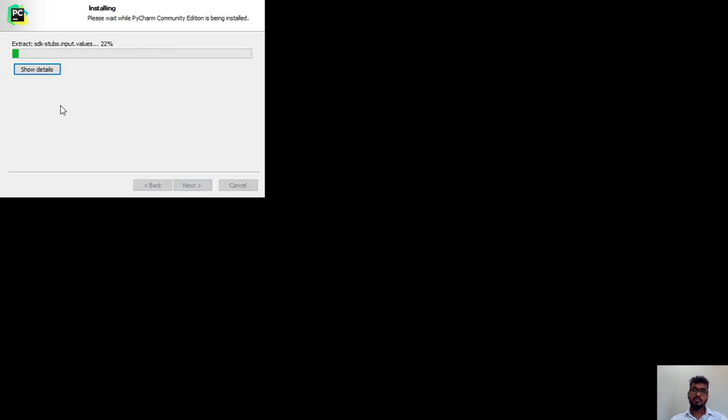As you can see, just click the install button, it will start installing. So as you can see, it has been installed successfully and it will ask to complete the PyCharm Community Edition setup. So just click on run PyCharm Community Edition and finish. As PyCharm has been successfully installed, a desktop shortcut icon will be created on the desktop. Just click on this PyCharm button, so you can see your PyCharm will be loading.